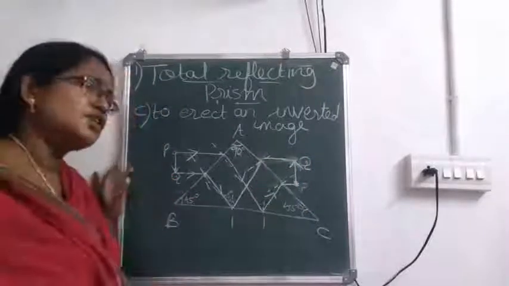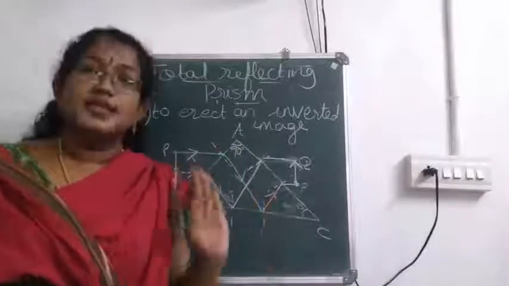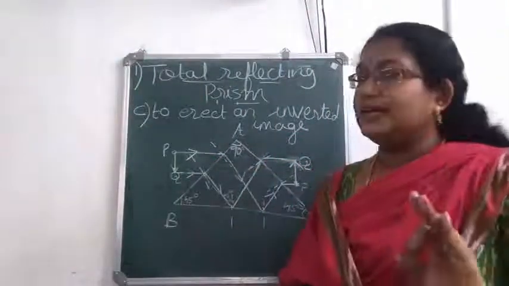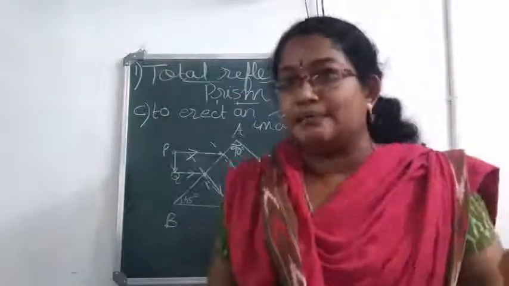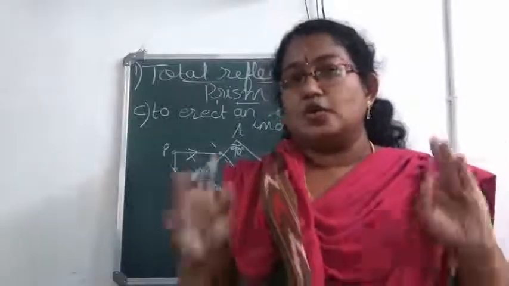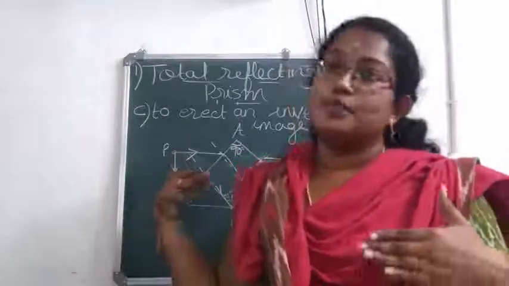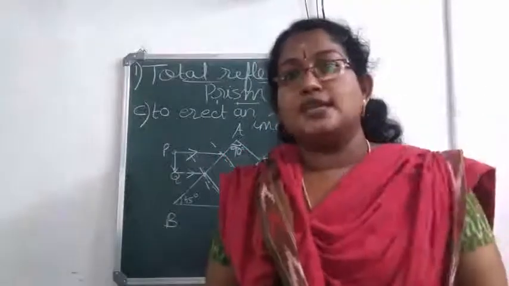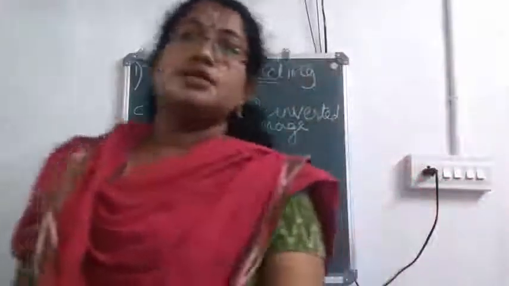Okay, is it clear? Please draw all these three diagrams in your notebook with the heading. We have completed total internal reflection through a total reflecting prism, or right angled isosceles prism. Draw it and study. When you draw it many times, then only you will be thorough with this. This portion is very, very important. You have to study how to draw it plus what the application is. Okay, thank you children.